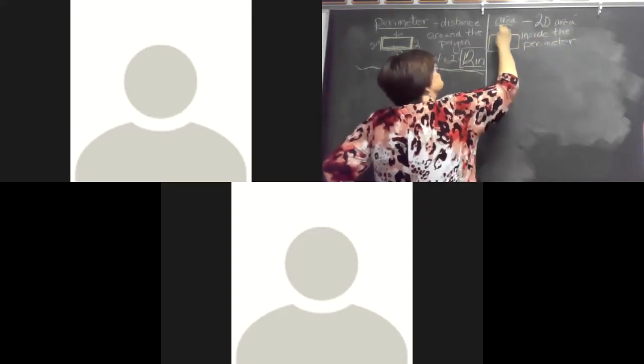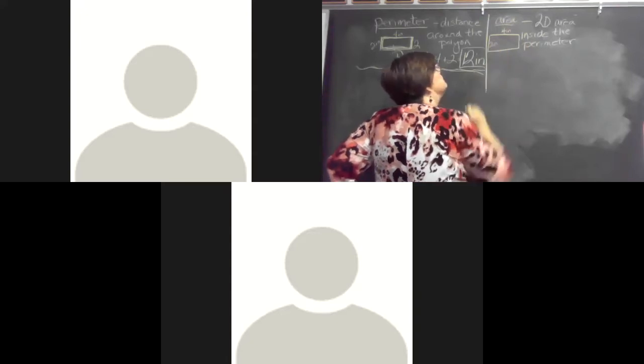Okay, it's a two-dimensional area inside of the perimeter, like this. I'm going to do the very same rectangle, and it was 4 inches and 2 inches, okay? And so the area for a perimeter,